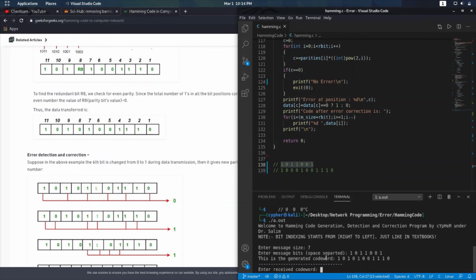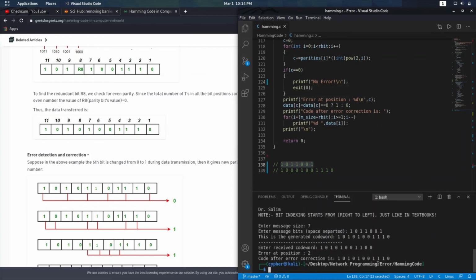Now let's enter the received code word. I'm going to change it. Let's change the last one. Okay, let's change the second one. Oh no, okay, let's change it. 0, 0. So the position is the second position, because I'm running from right to left, sorry.